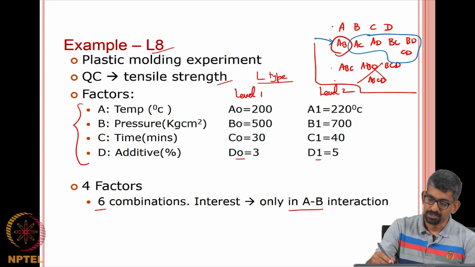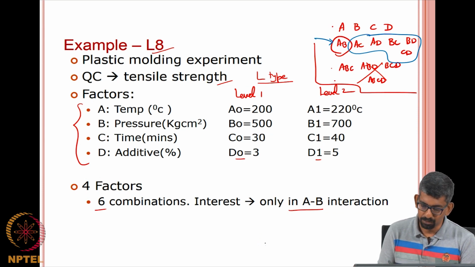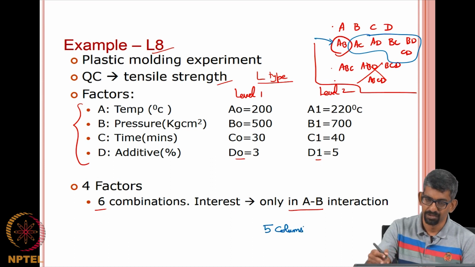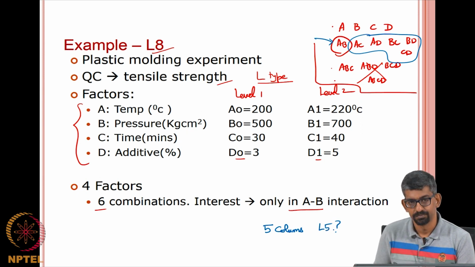So, if you want to capture A, B, C, D individually and A, B together, then we are looking at what number of experiments or L. Okay. So, primarily we need only 5 columns, because there are only 5 factors that we are interested in terms of combination and main factors, right. So, can we do an L5? If it is available, we can do,